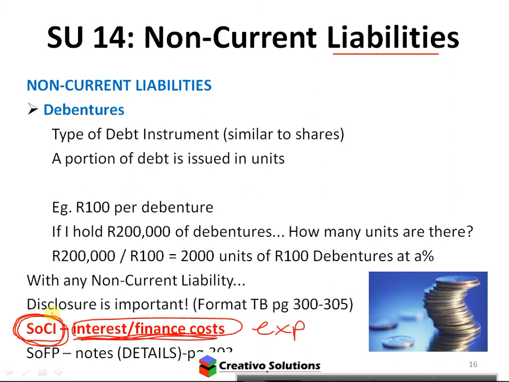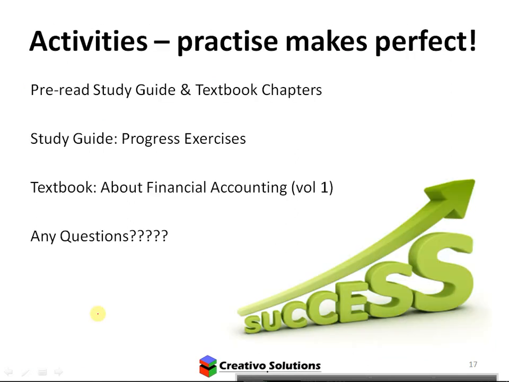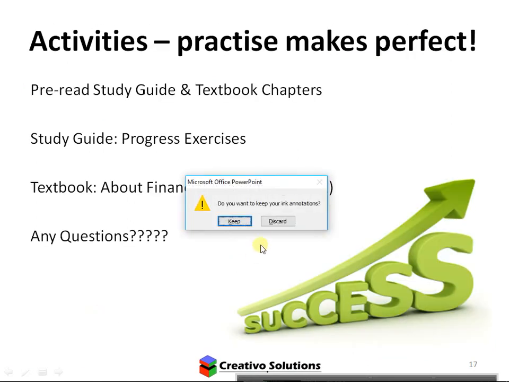All right, statement of financial position. What is disclosed there? The detail. The loan would actually go to the statement of financial position because the loan is the liability. We know liabilities and assets give us the financial position. All right, and that's it. Now we can look at examples.